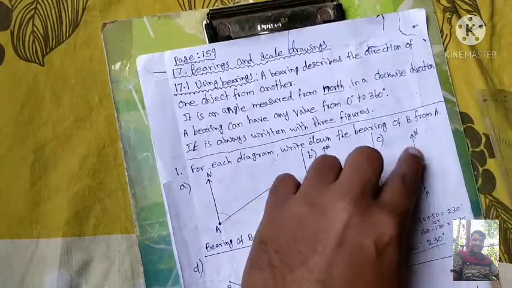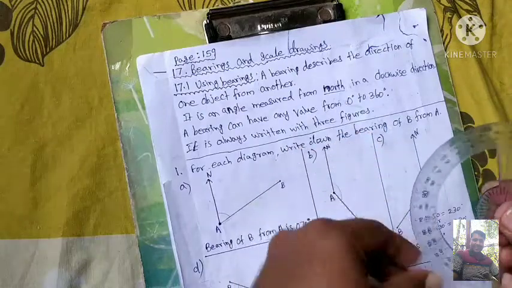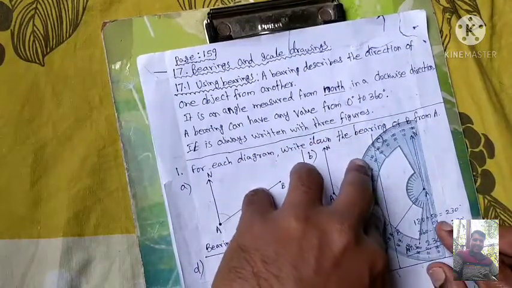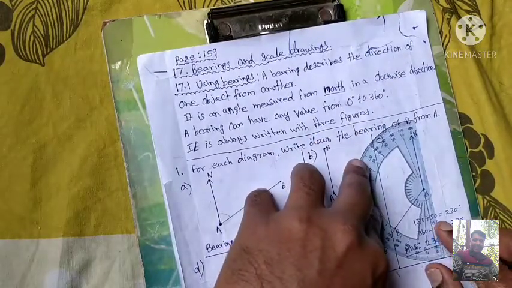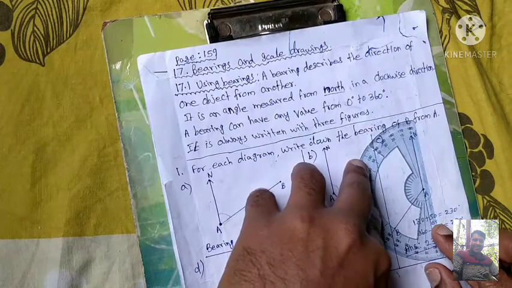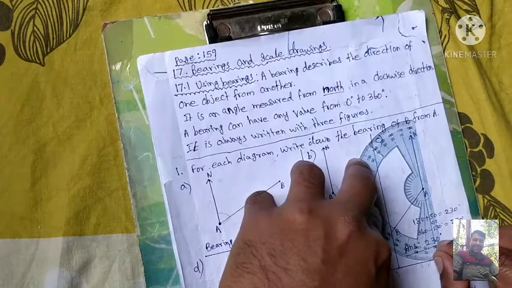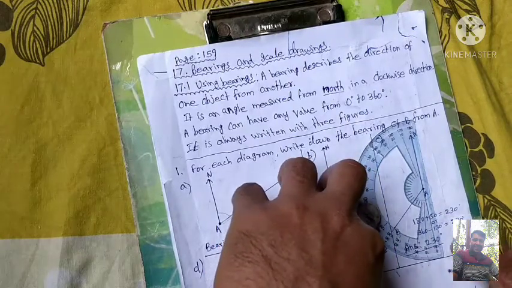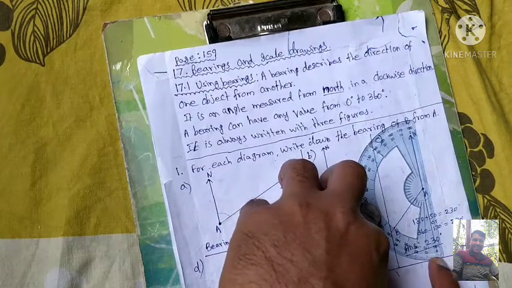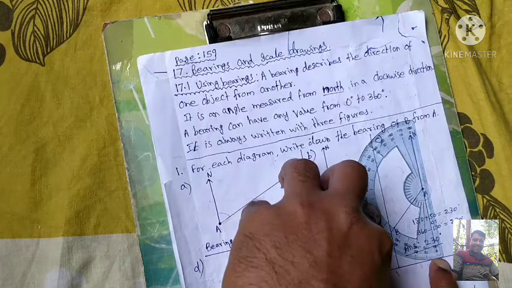It is 180 degree. This line is 180 degree. We already know that. So put your protractor in the opposite side, and the center point must be on A. So now the 180 line must be on the straight line. Okay. Now you can measure this from 180, is already measured here. Now start the 0 from here.